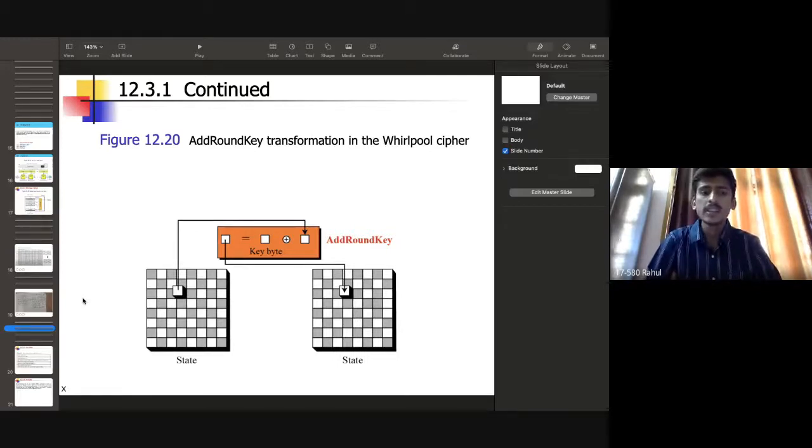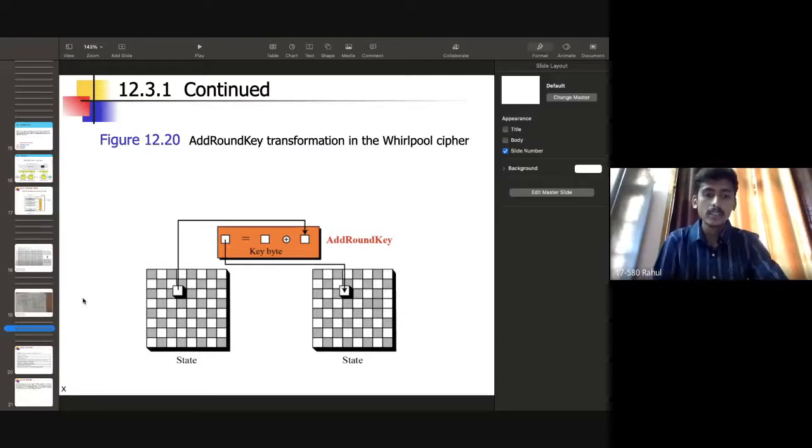In this add round key, generally in the 8 by 8 matrix we have a total of 64 bytes. For each byte, the Whirlpool cipher will send a key byte. We have to perform the bitwise XOR operation. The orange color indicates the XOR operation.